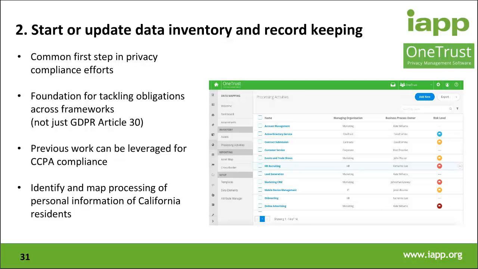And it's also worth pointing out that this is an activity that's in support of other activities, right? So this is something that needs to be done in order to carry out other requests. It's not in itself the requirement that you're trying to meet. It's the thing that's supporting the requirement that you're trying to meet. So the first step here, creating a map, a record of processing activities, is so that when you are going to